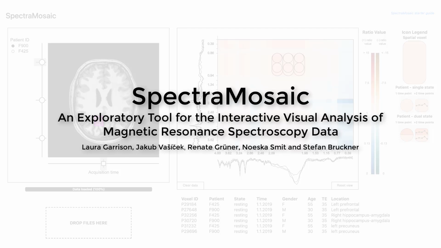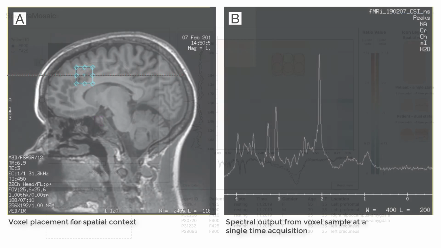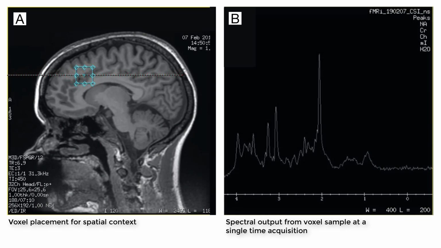SpectraMosaic is an exploratory tool developed for the interactive visual analysis of magnetic resonance spectroscopy, or MRS, data. It is the first of its kind to allow comparison of spectral metabolite concentration ratios across multiple dimensions at group and individual levels. MRS is a non-invasive biochemical imaging technique utilized in clinical research for a range of neuropsychiatric diseases